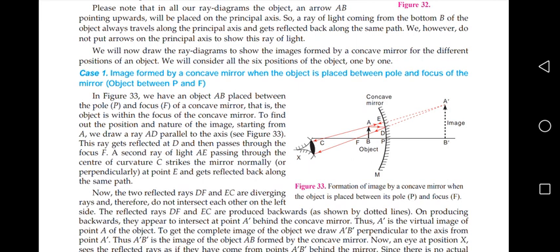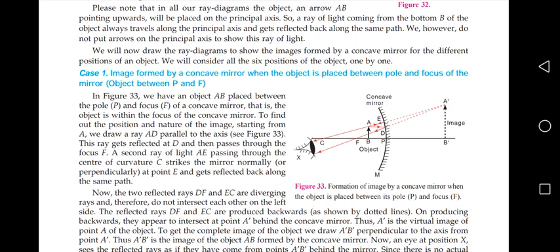In the previous video we learnt about the rules for image formation by a concave mirror. So here we need two rays of light to actually make an image. Okay, so one ray of light I will take and incident parallel to the principal axis. A ray of light which is parallel to the principal axis, here you can see that is AD, after reflection is going to pass through the principal focus.